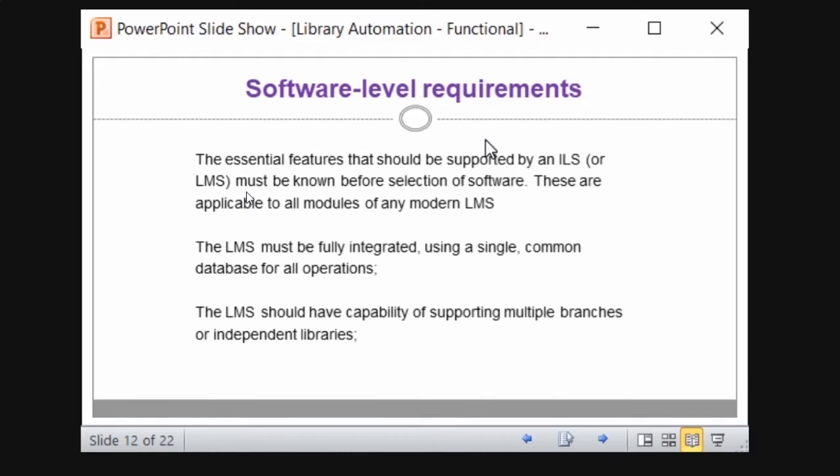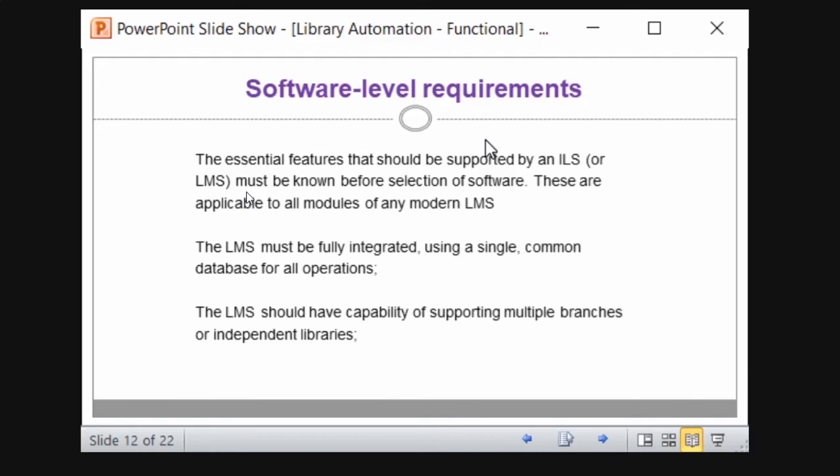should not be shown, right? In the OPAC, the book should not be shown. See the integration, right? You are deleting from the cataloging module, but in the OPAC the book should not be visible. See, if the modules are separate, what will you do? You have to delete the book in cataloging one time, and you have to come to OPAC and delete it again. That should not be there. It should be integrated, right?